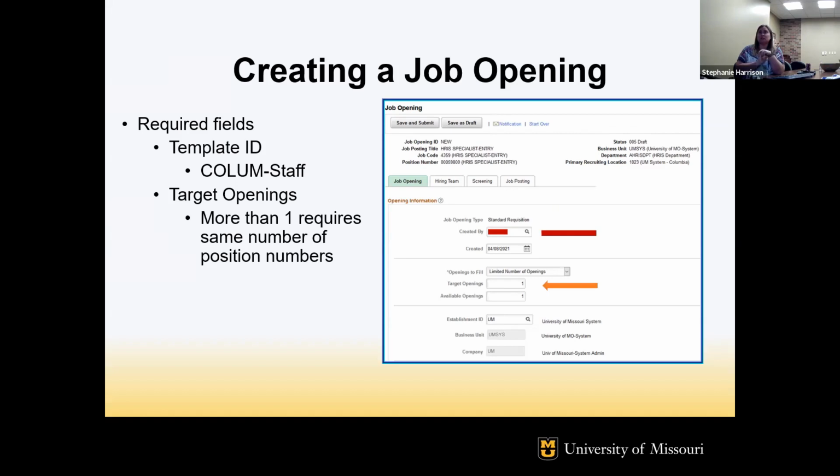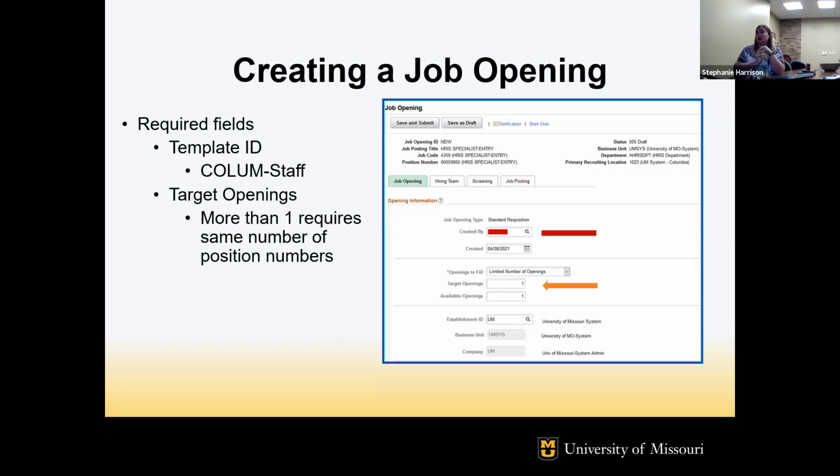You want to look at your target number of openings. There's a lot of times where departments will have multiple patient service rep positions that they need to post. Rather than posting 4 or 5 different positions separately, you can post them all within one. That way you have the same applicant pool for all of your positions that you're going to fill.